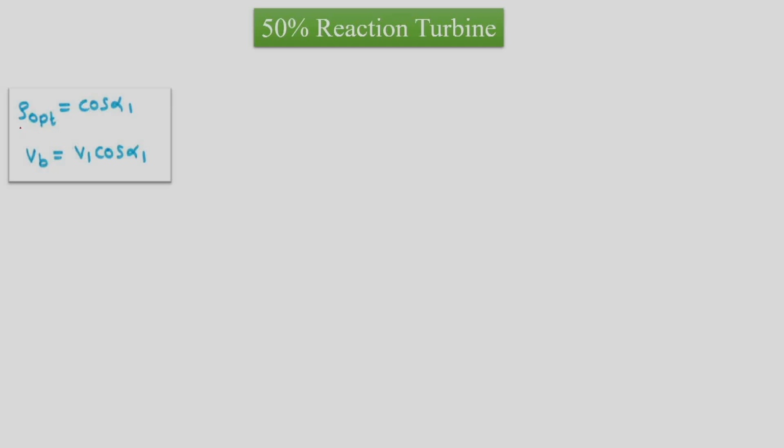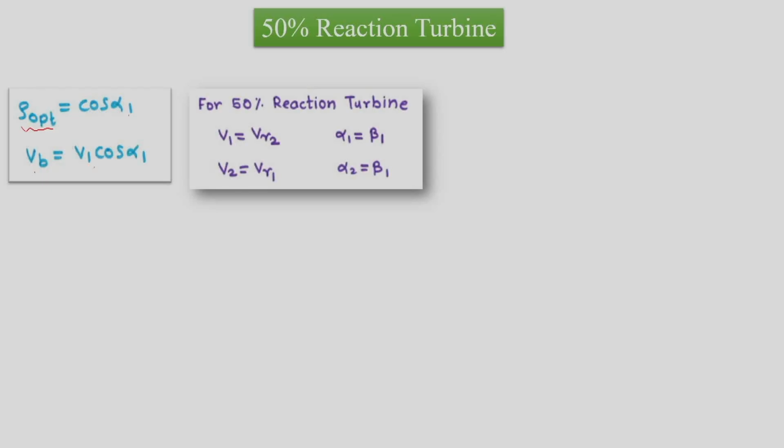So what is rho optimum? Rho optimum is Vb upon V1. So Vb upon V1 is equal to cos alpha 1. So Vb is equal to V1 cos alpha 1. But further, for 50% reaction turbine, we know that V1 is equal to VR2 and V2 is equal to VR1, and alpha 1 is equal to beta 2 and alpha 2 is equal to